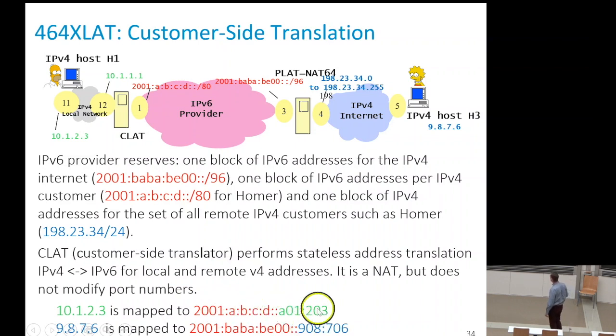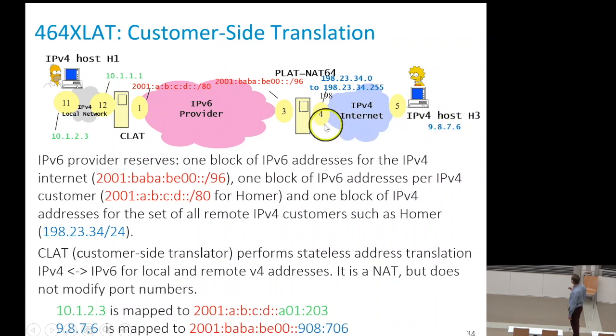For example, we can map them one-to-one by writing, so A is 10, 1, 2, 3. So this is 10, 1, 2, 3 that is written in the last bits of the IPv6 prefix here. So this is what will be for the source address if Homer is sending a packet to Lisa here. Now the destination address, so the packet that Homer is sending to